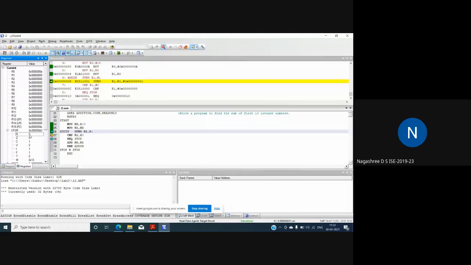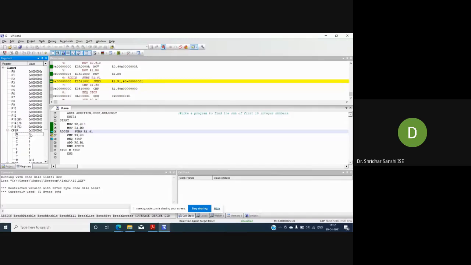It is not a negative value. Whenever I subtract the #1 from R1, the result is positive. That's why N is 0. If it is set to 1, it means the value is negative. So that Z is 0. What does it mean?